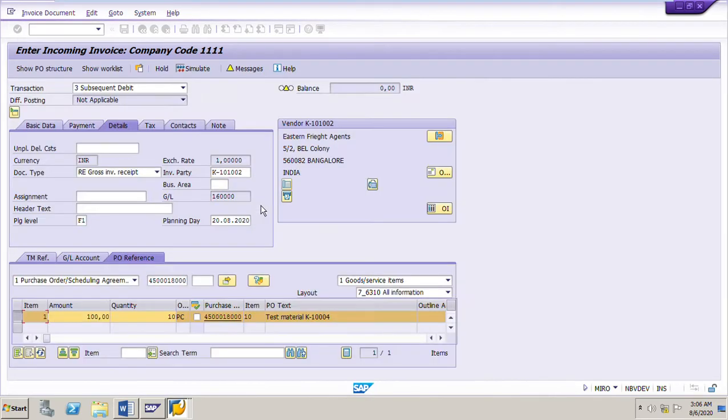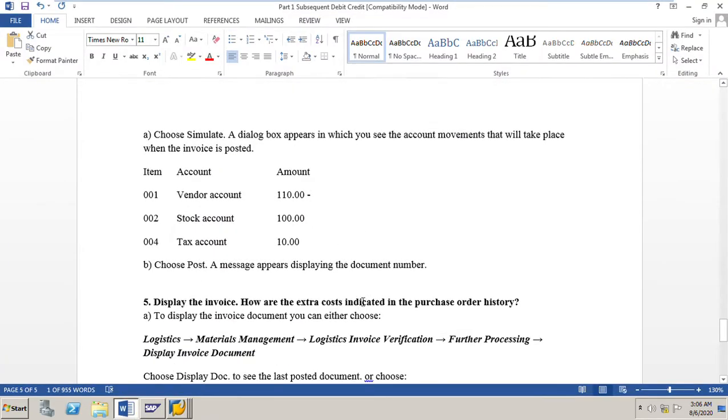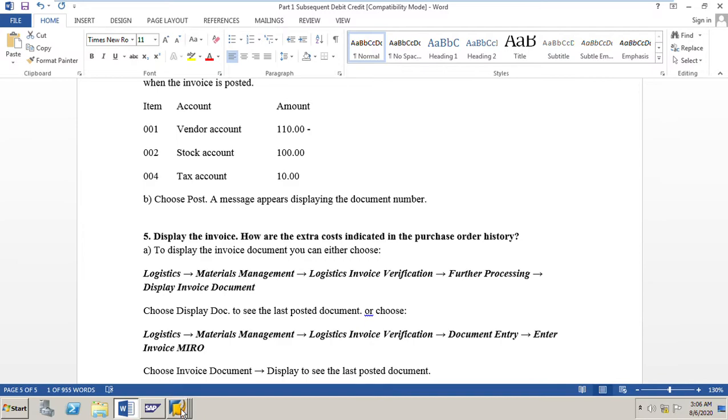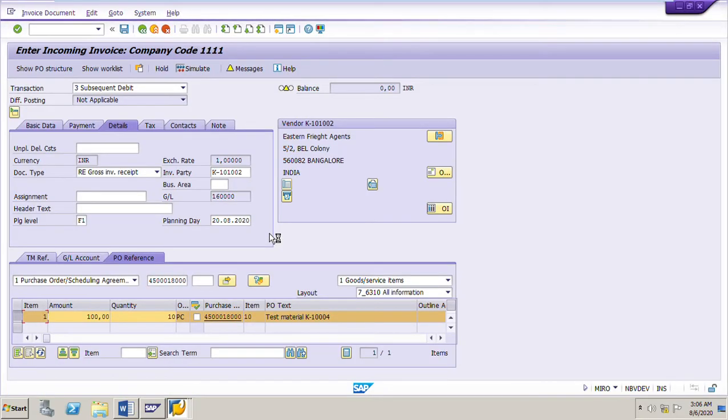Go back. So now we will post the invoice. And once this subsequent debit is posted, then this subsequent debit is updated in the purchase order history as a separate line, different from the main invoice which is posted for this purchase order.